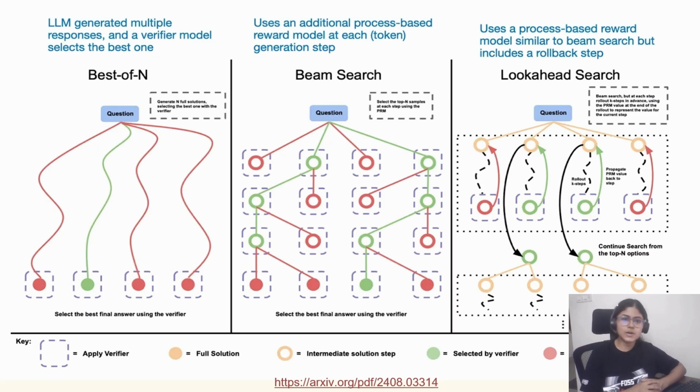Let's move on to the next one, which is best of n samples. This is the first method where you actually use a verifier or a reward model. This technique generates n samples and uses a verifier or an outcome reward model to judge each answer. You can also do this using process reward models. You can think of it like a tree of thoughts, or a tree in data structures: it has one node and multiple branches coming out of it. If we go by an outcome reward model, we get a score from the model for each sample, and the highest one is selected as the final answer.